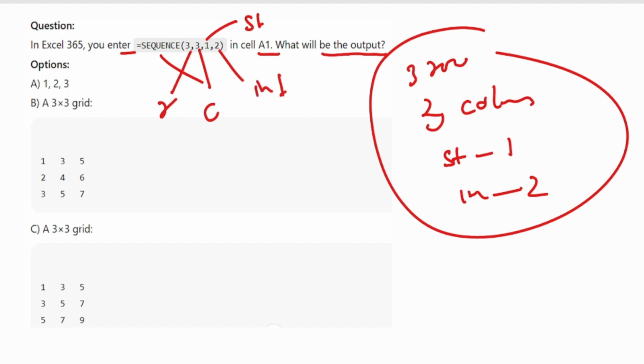So the correct output is 3 by 3 starting with 1: 1, then adding 2 we get 3, then 5, and so on. So option C is the correct one. Now move to the next question.